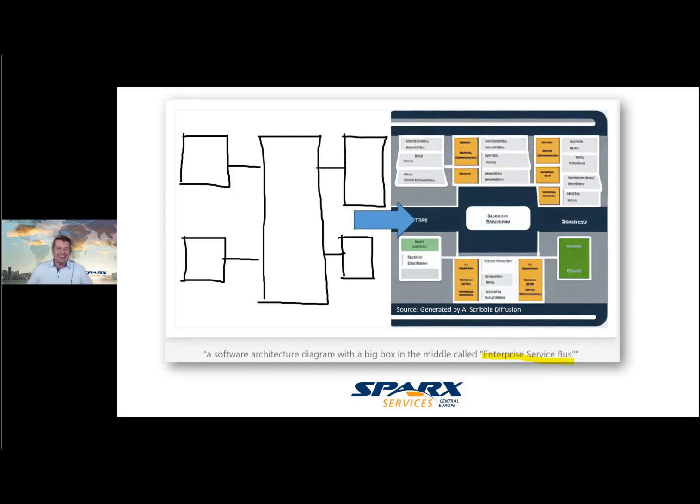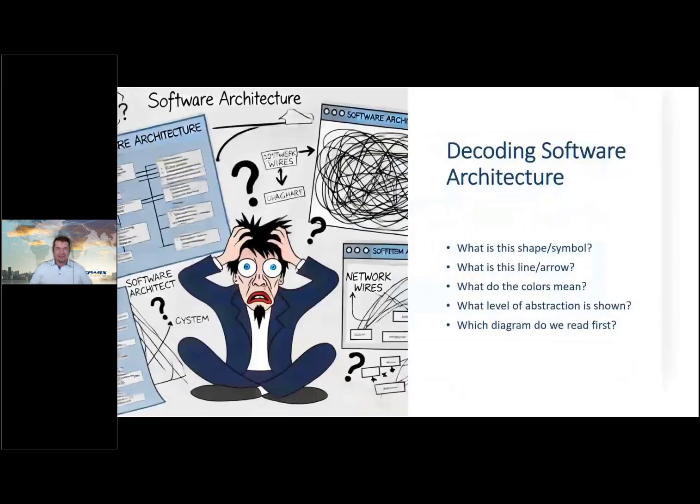So good luck with decoding this kind of software architecture, because if people don't share the same notation or don't follow any standard, the standard can even be something not official, but at least some notation agreed within a team or within an organization, some domain specific language, then